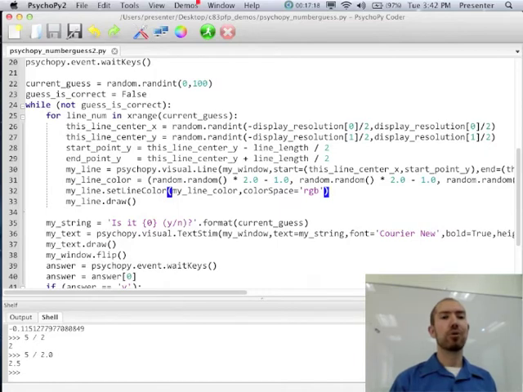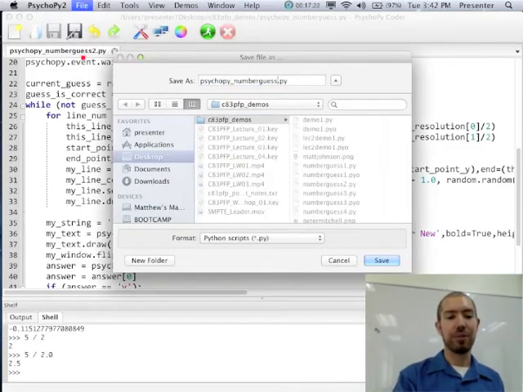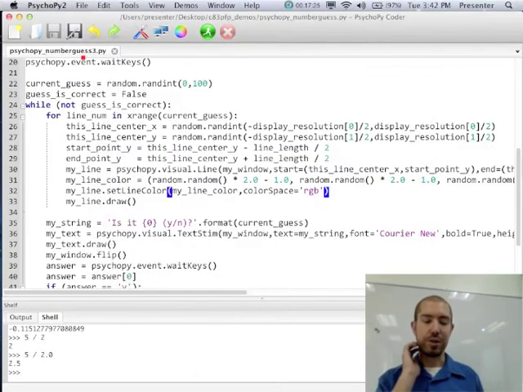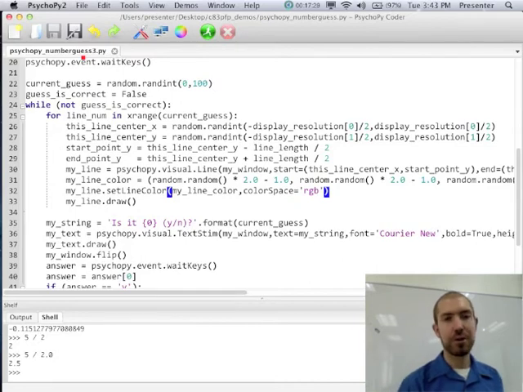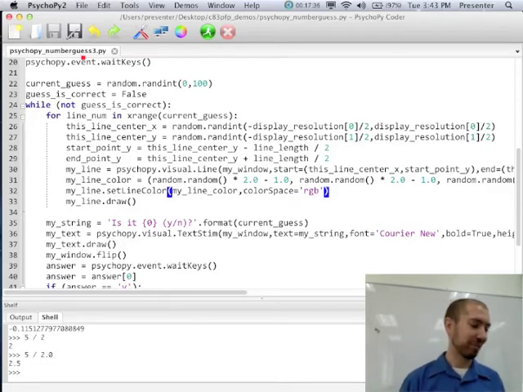So everyone has now drawn lines, right? I'm gonna just save this, and you may want to also. I'm gonna call mine number guess 3 now, CyclePy number guess 3, because now we're going to change these lines to circles, and we're gonna draw circles instead of lines. I know it's exciting, but try to stay calm.